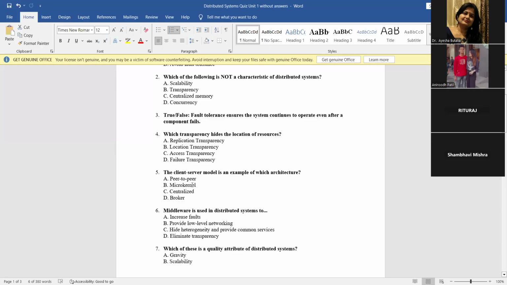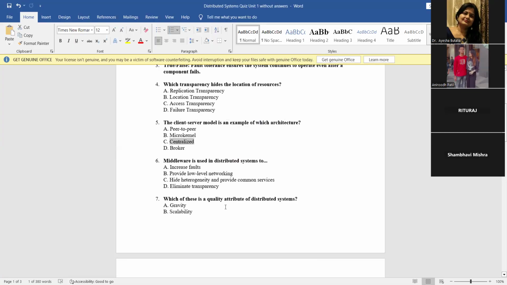Yeah, so the essential features and the IPC, that is inter-process communication. When it is inter-process communication, it is going to use a mesh network. Fine, because the operating system uses a lot of features like preemptive algorithm, the scheduling and so on. So it has to use the hybrid network. Fine, so that is why the answer is C for this particular question. Next question, question number 6. Middleware is used in distributed systems to